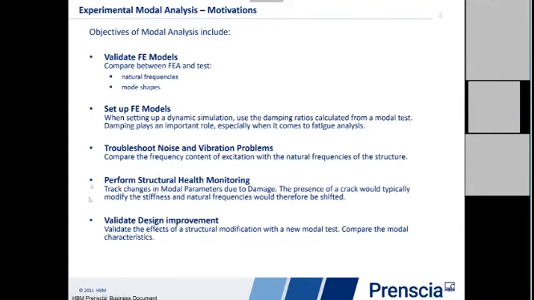Then the classical historical reasons for doing experimental modal analysis are listed below. So you want to troubleshoot for noise and vibration problems, how come it's so noisy or so vibrating. So you want to compare basically the natural frequency of your structure with the range of frequencies